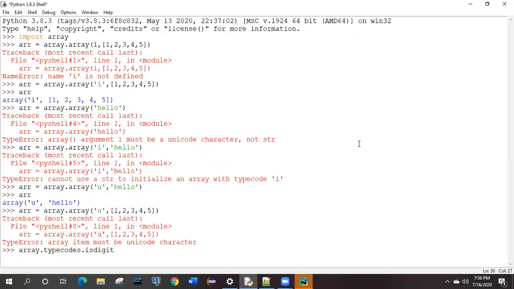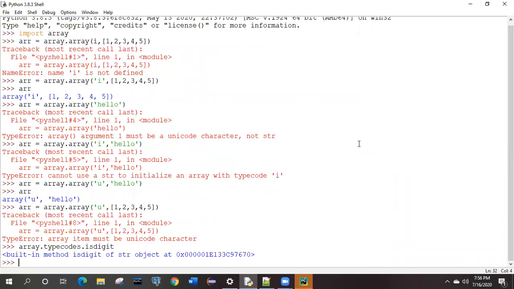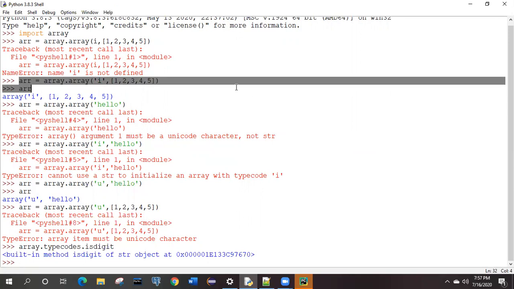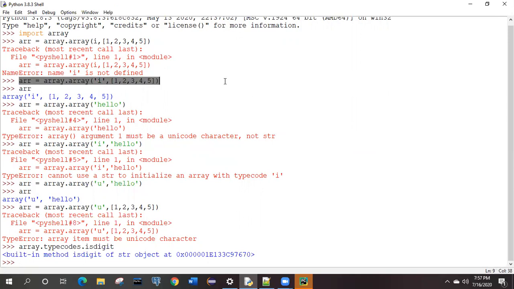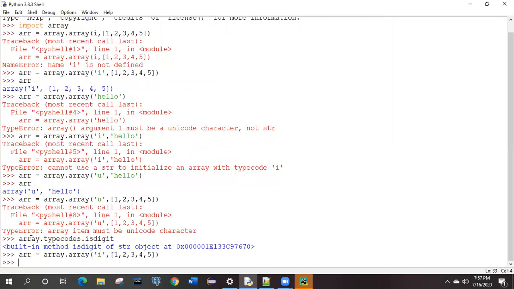First we will see, if we execute this one, what it is saying. Let me assign this to some variable. Okay, this array we will take, and we'll work on this one only. Then we need to check whether this is working or not, and if it is working, what value it is showing.